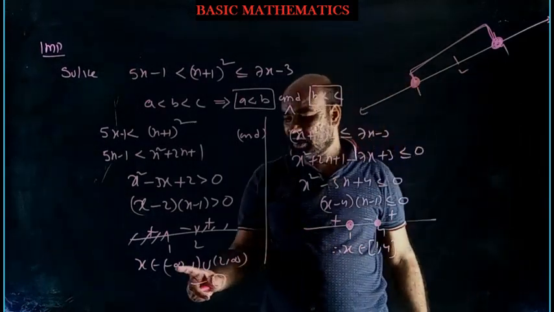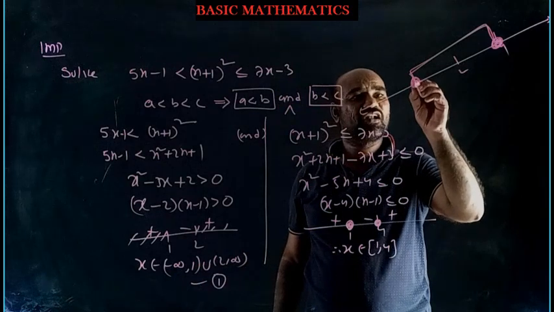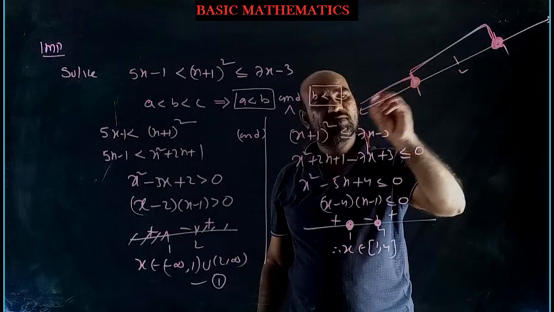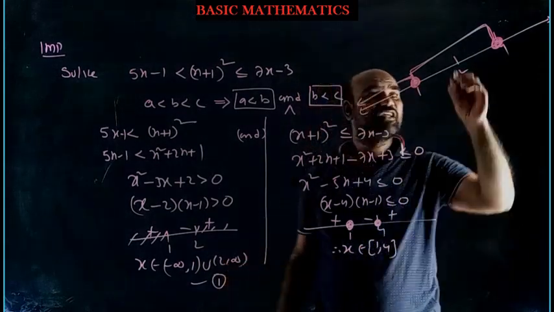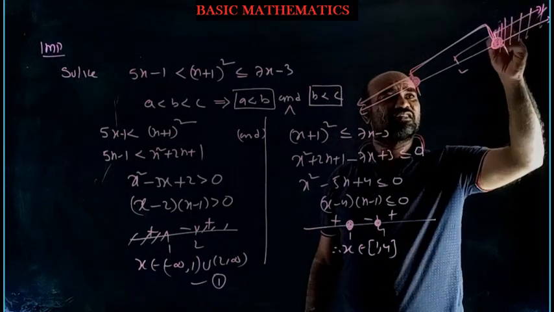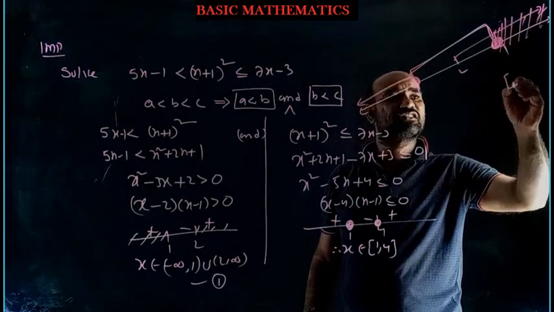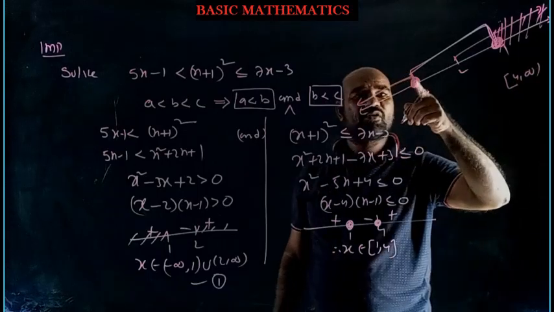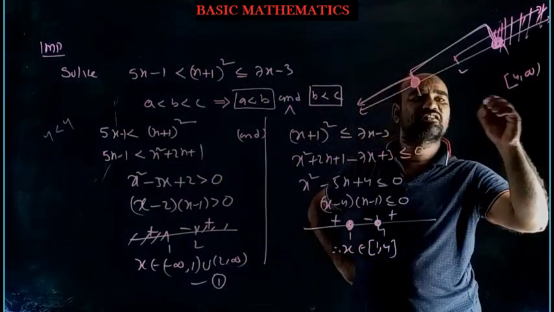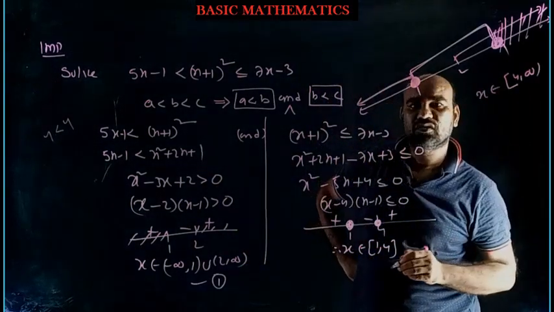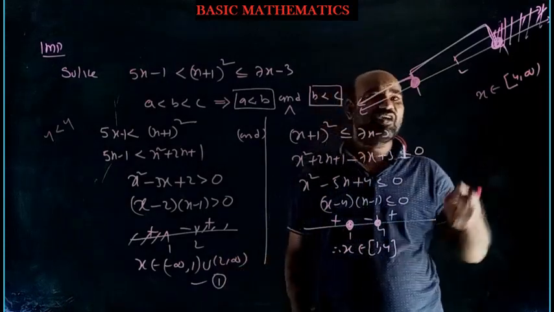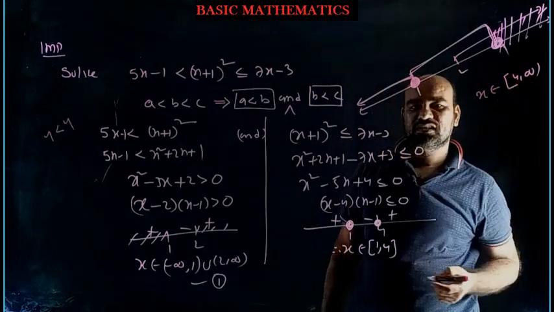This other one is saying below 1, where 1 is not there. And this side, 2 to infinity. So this area is common for both. This area is common, meaning closed 4 to infinity is common. Here there is nothing common. 1 is included in one, but 1 is not included in the other. So the only solution is x belongs to closed 4 to infinity. 1 won't be in the intersection. That's why only x belongs to closed 4 to infinity is the solution of the problem.